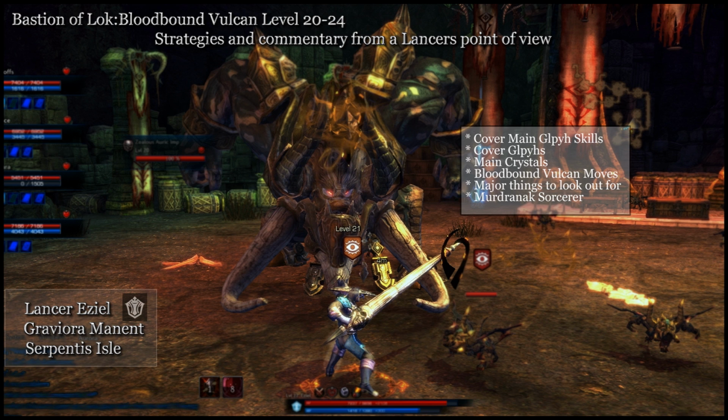What we're going to cover is the main glyph skills, the actual glyph setup, the main crystals, Bloodbound Vulcan moves, the major things to look out for, and then Murderunk the Sorcerer. The two primary glyph skills that we'll be covering are the Shield Bash and the Challenging Shout. With the Shield Bash, we're going to have 5 points put into the glyph of Lingering. On the Challenging Shout, we'll have the glyph of Threat, which will give us 20% additional aggro,